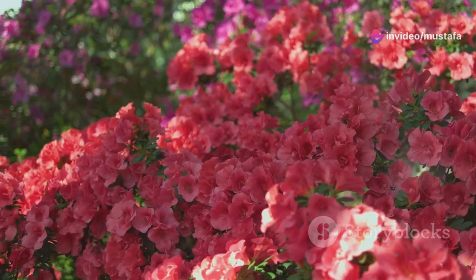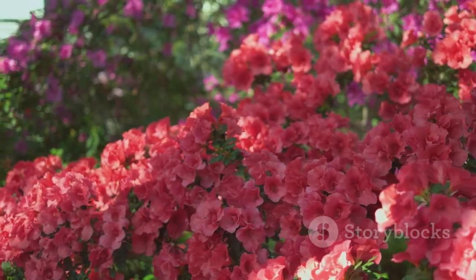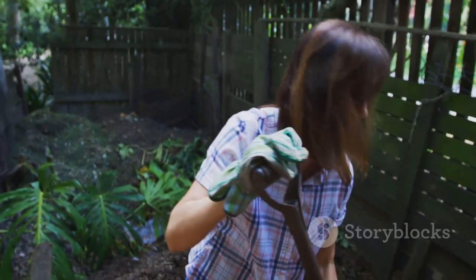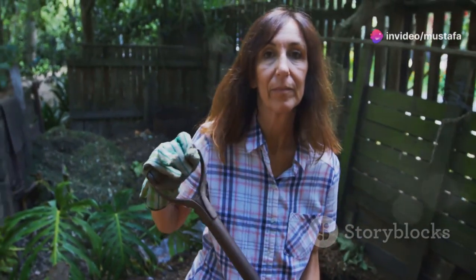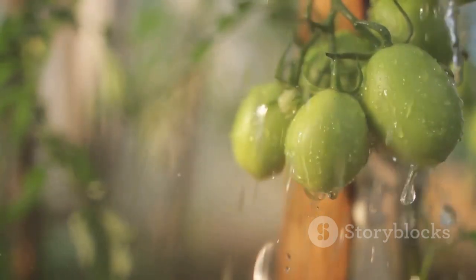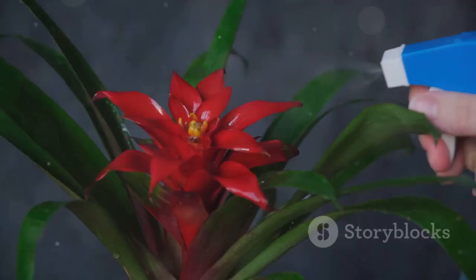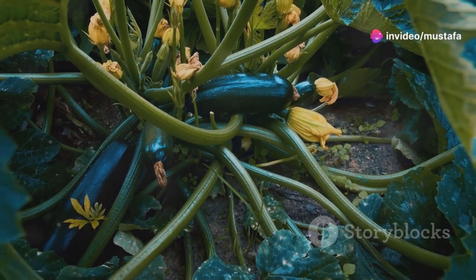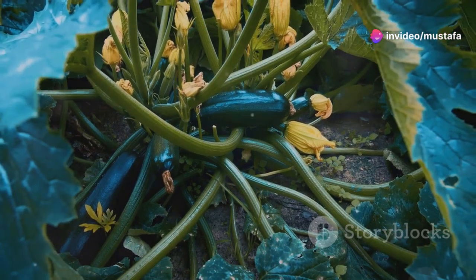Section 9. Happy gardening. Reaping the rewards of aspirin. Incorporating aspirin into your gardening routine can be a game changer for your plants. This simple household item can help boost their immunity, promote growth, and protect them from diseases. By following the guidelines outlined in this essay, you can harness the power of aspirin to unlock the full potential